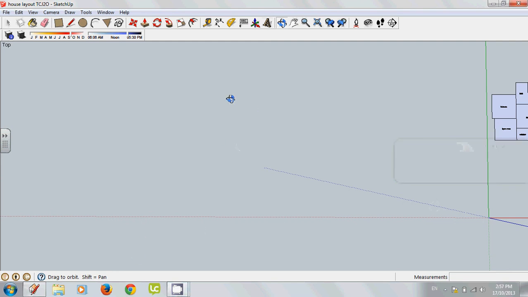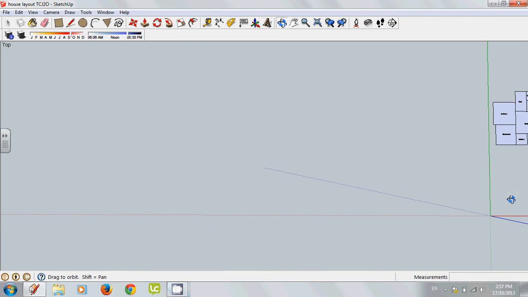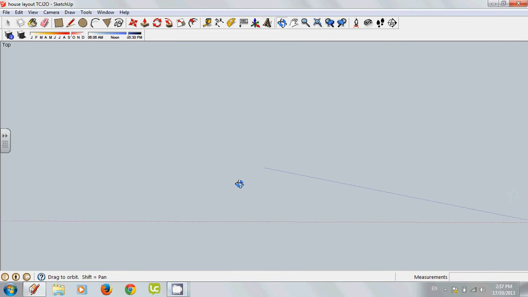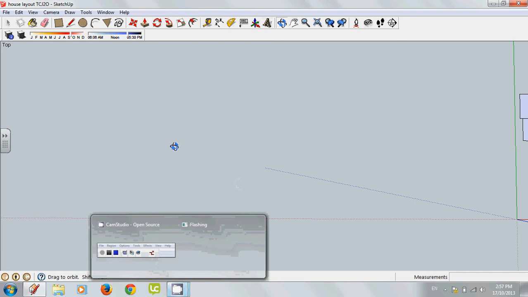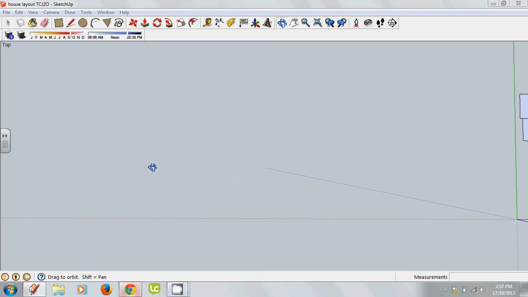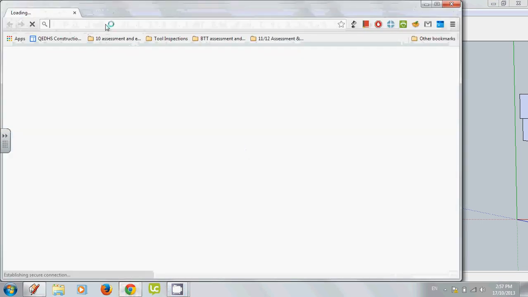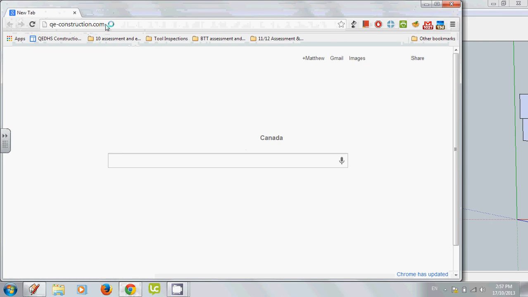So we just finished going over the tools, and now we're going to start actually drawing some components here to facilitate us making our floor plan. So to start with, we want to get onto the website for the class, and if you just type in qe-construction.com, it should come up,